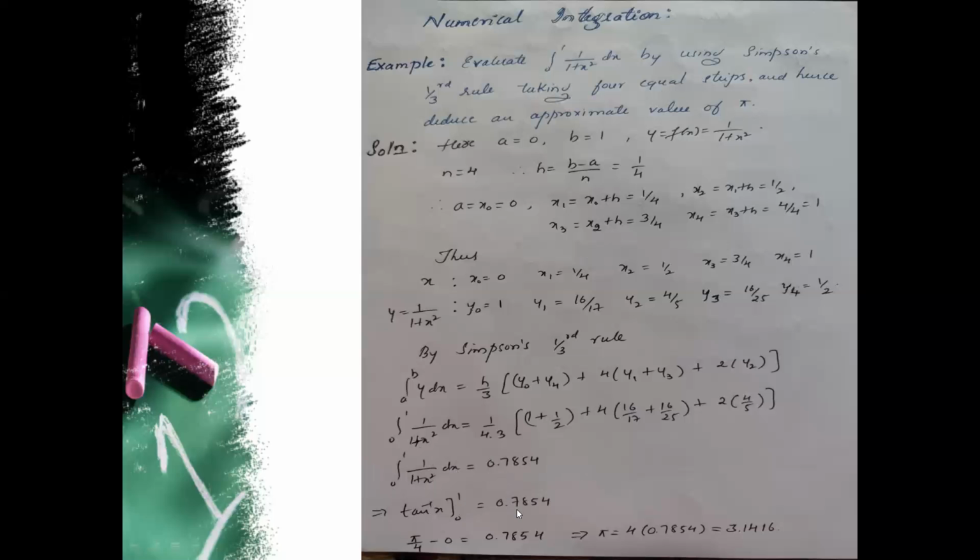Keep this answer as it is. Now tan inverse 1 upper limit, when you put, we get tan inverse 1. Value of tan inverse 1 is pi by 4. Tan inverse 0 is 0. So we have pi by 4 is